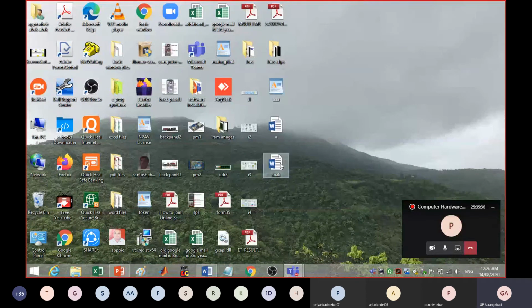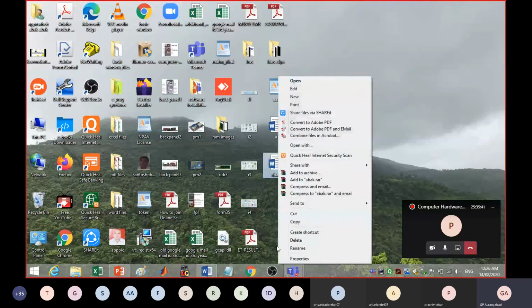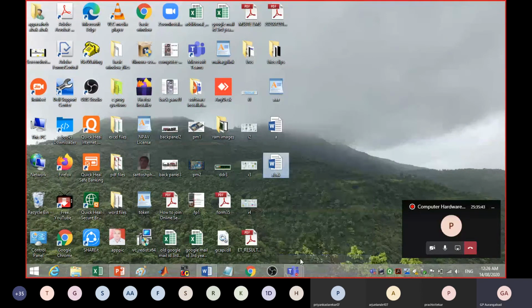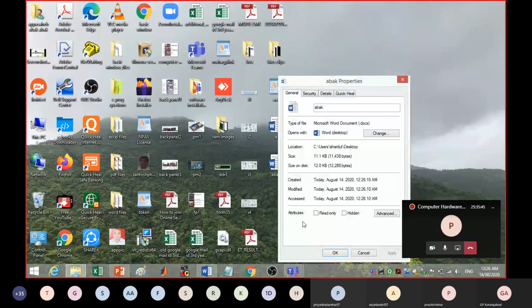Now what I wanted to show you: if I open this particular file and see the properties of this file, then you will come to know the size of the file. It is 12 kilobytes. How many bytes have I written into my file? Only 4, that is ABAK. But how much size is given by the operating system to this file? It is 12 KB.